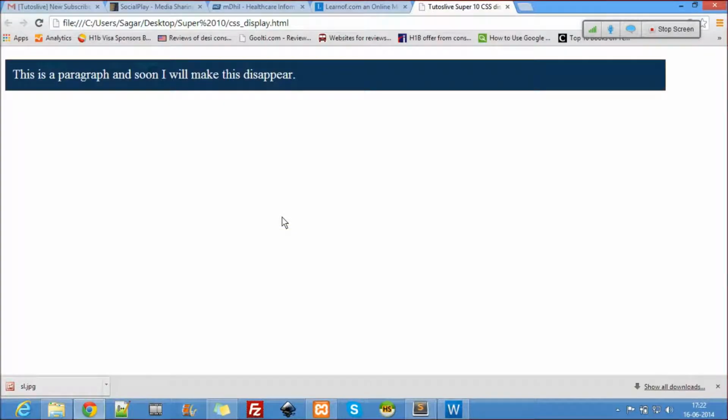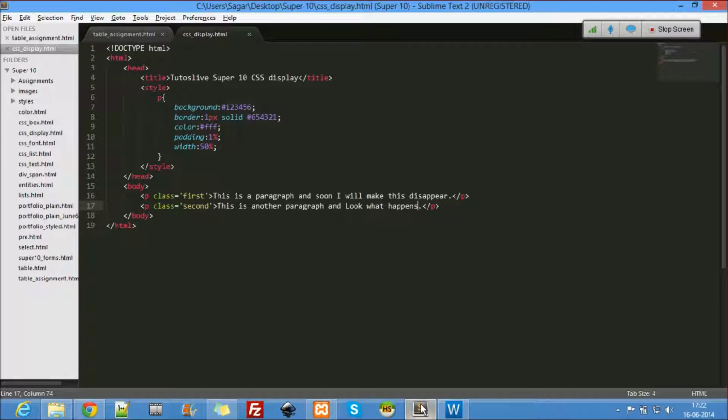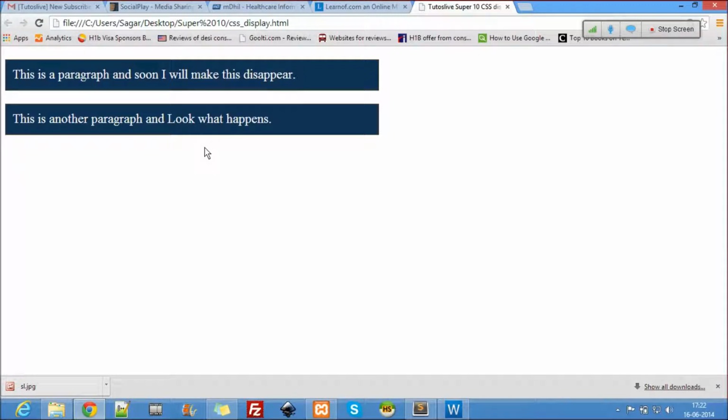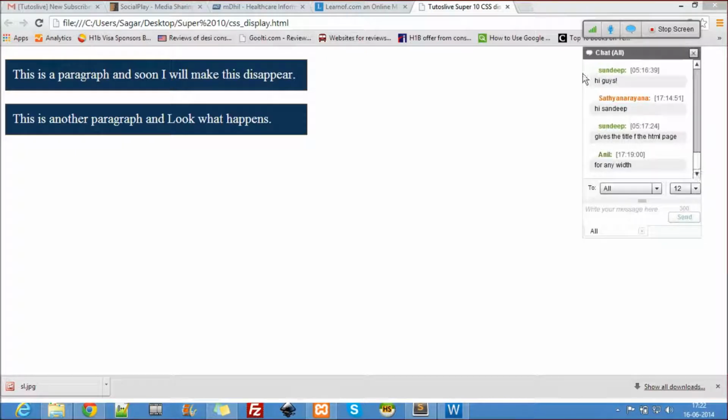Now let's go here, refresh. Now tell me what kind of a tag it is. Block or inline? Yes, let me use 40% instead, because when I say 40%, the width is 40%. So what kind of a tag is it? Block or inline?